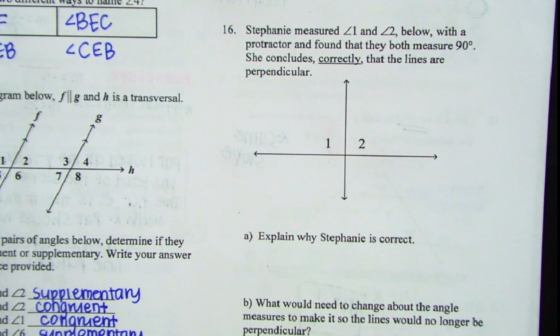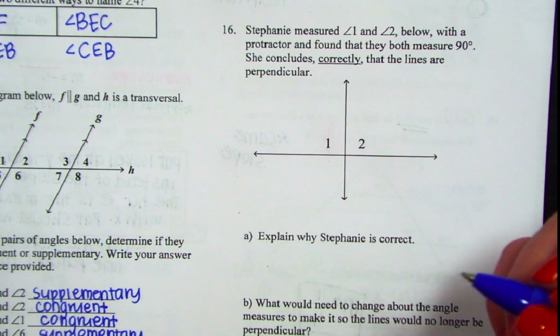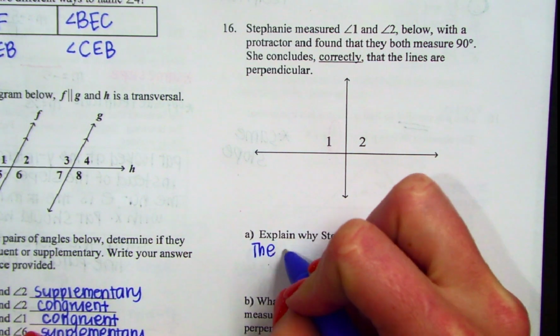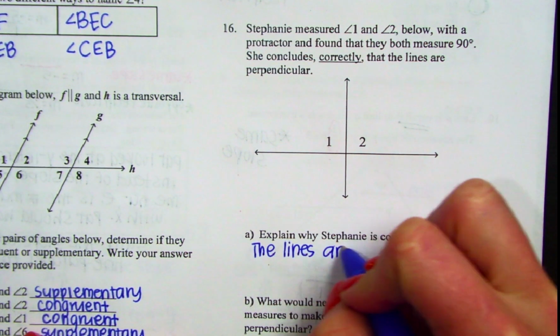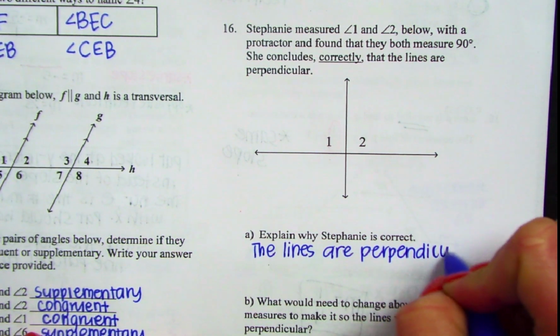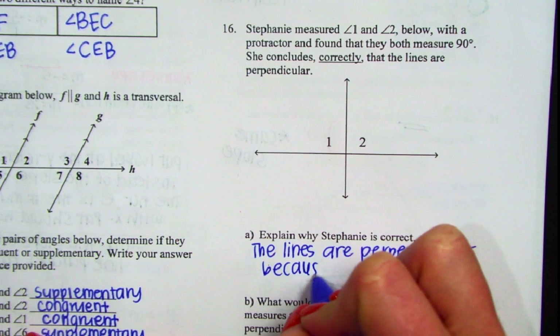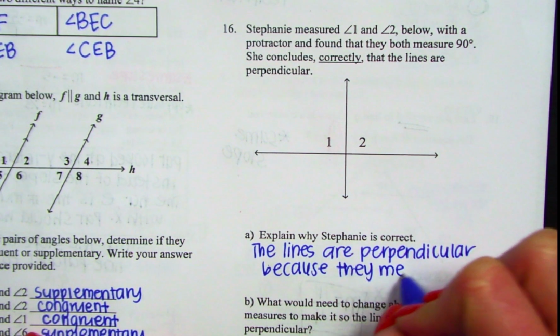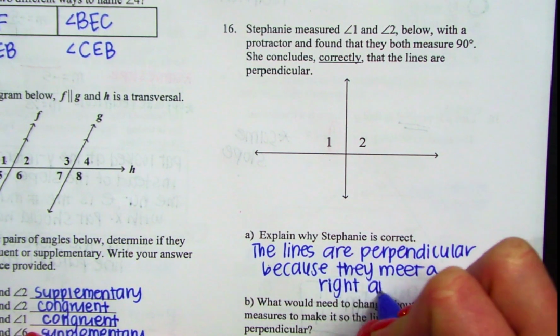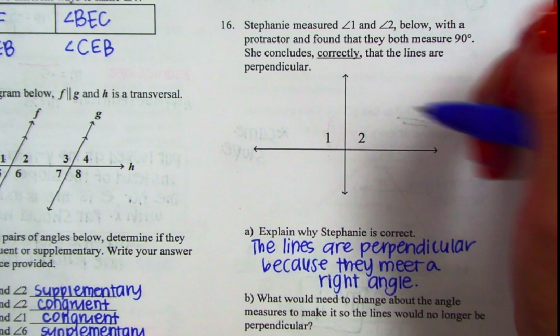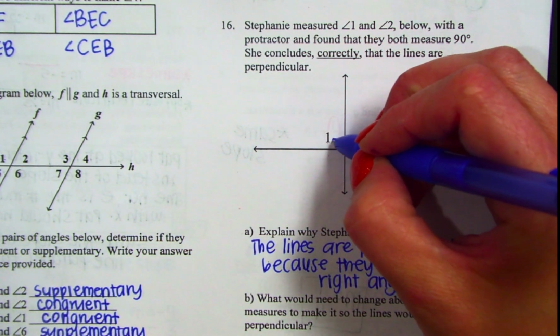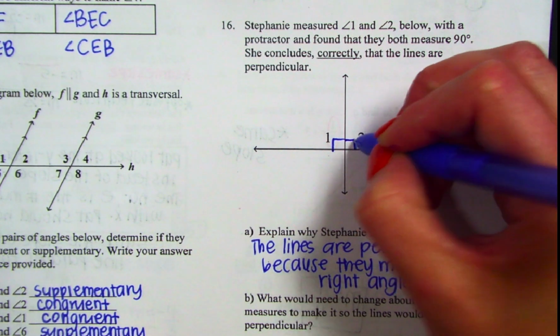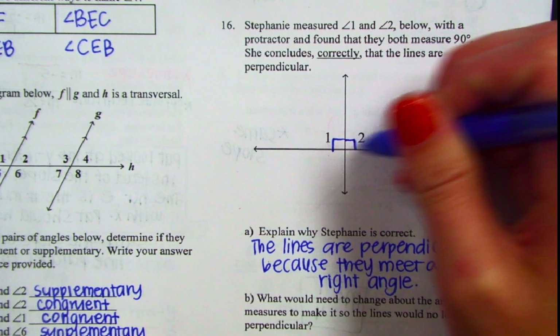Stephanie measured angle 1 and angle 2 below with a protractor and found that they both measure 90 degrees. She concludes correctly that the lines are perpendicular. So we're going to explain why Stephanie is correct. So Stephanie is correct because the lines are perpendicular because they meet at a right angle. That's the definition of perpendicular lines. They form a right angle, they meet at a right angle. And if Stephanie measured that angle 1 and angle 2 were both 90 degrees, that means that these lines are